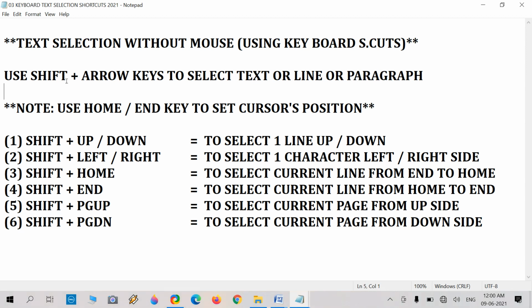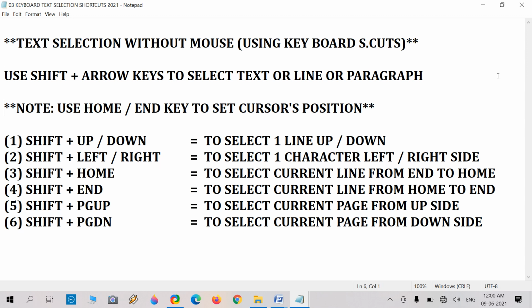I am leaving the mouse, and now the cursor is moving on the document, to the right side, to the left side, and to the top and bottom. The cursor is moving using the up, down, left, right arrow keys.